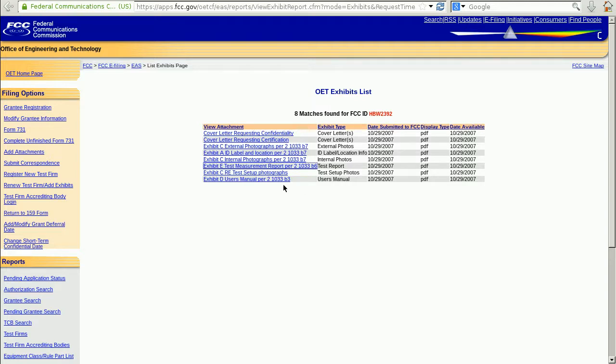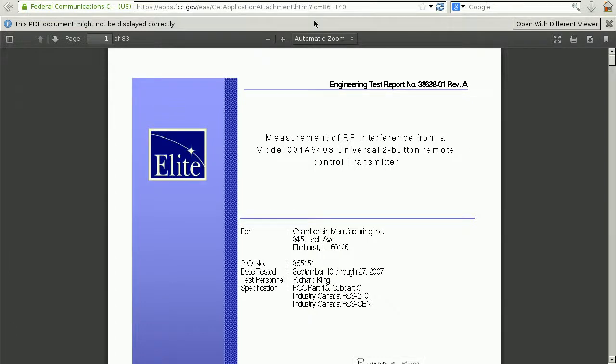Now, there may be other interesting documents here. I'm not going to go through every single one, but when you look up a particular device, you may find some other things like a block diagram or a theory of operation. There could be all kinds of different documents that were submitted with this filing and are made available to the public. In this case, I think we're going to get a lot of information from the